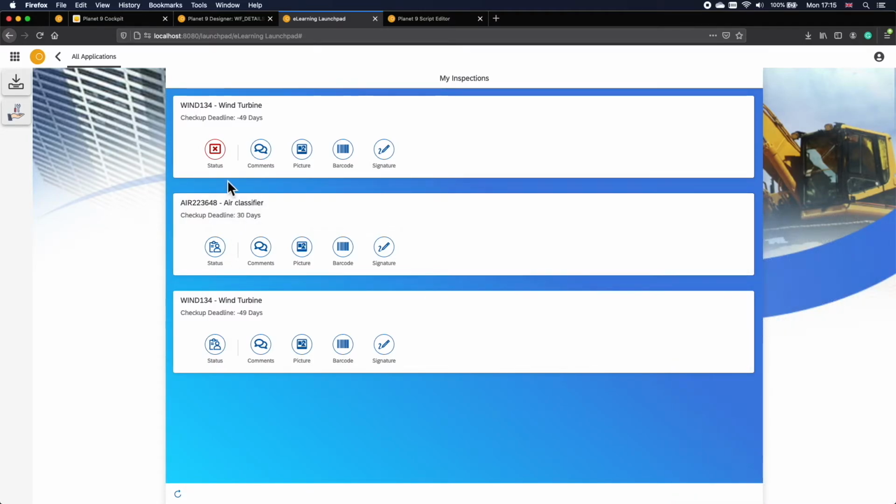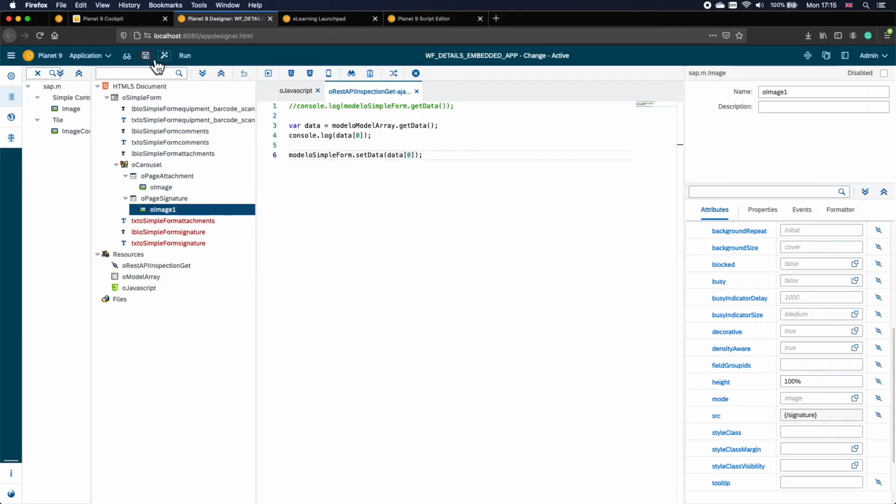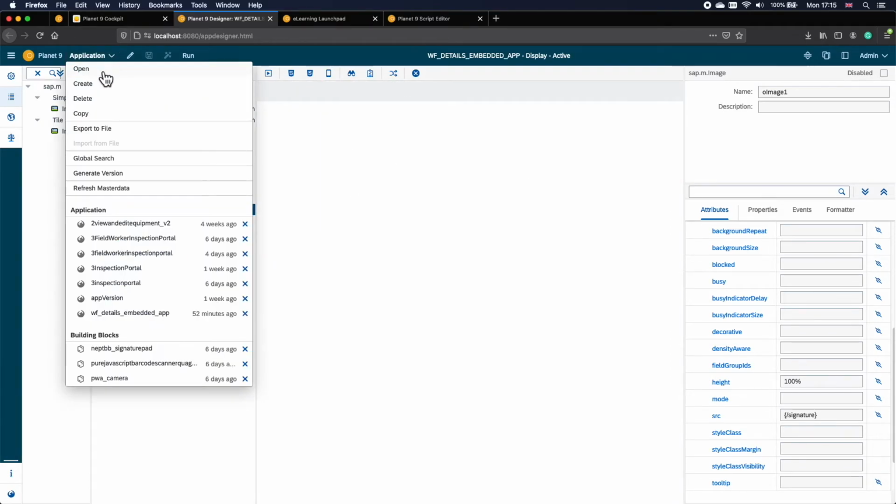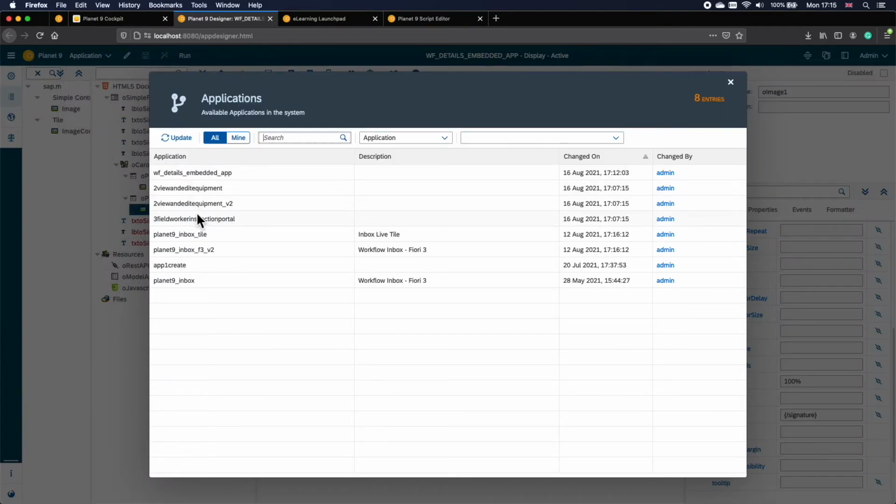First of all, we haven't bound to the text here under our status icon. We can see it just says status, status, status, and it'll be good if this said rejected and assigned. So let's jump back into our app designer. We can put our embedded app into display mode as we've finished here, and let's just open up our field